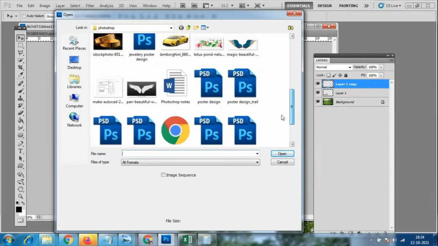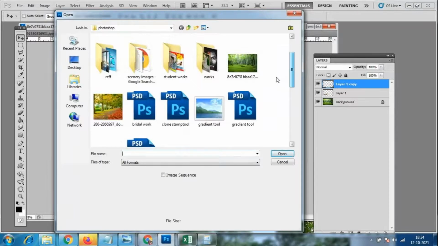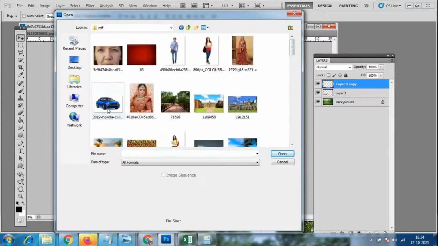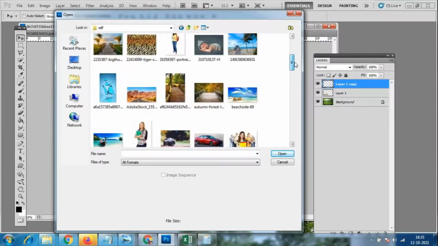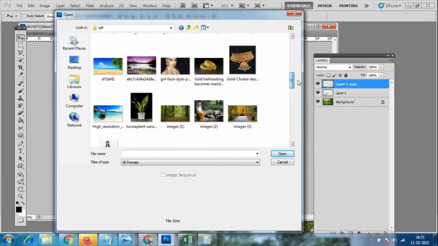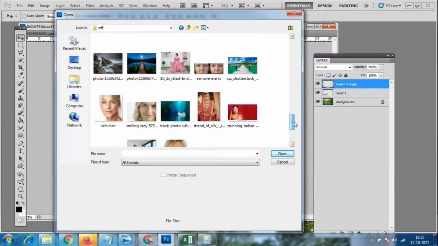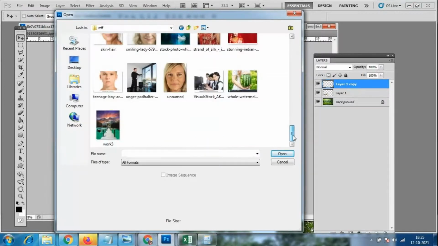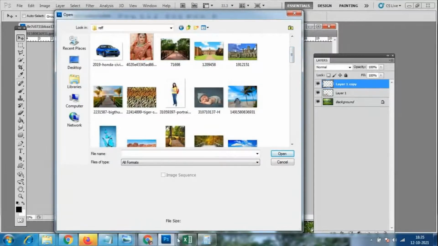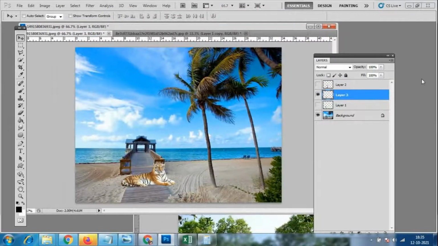So what other images do we have? Tree images also we can add. I don't have any tree images, otherwise we want to cut this tree, or yes, it is already there.